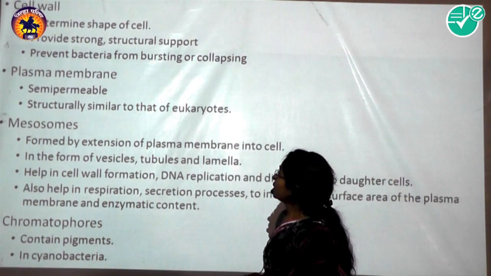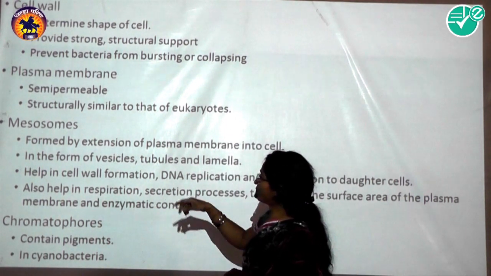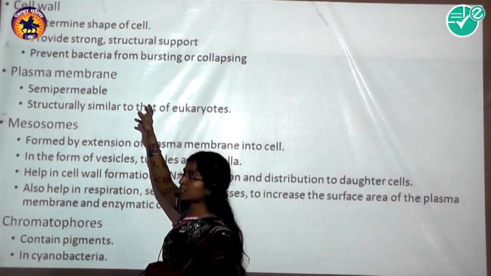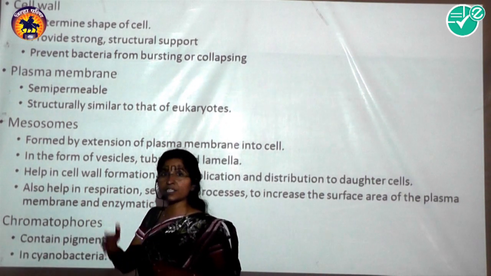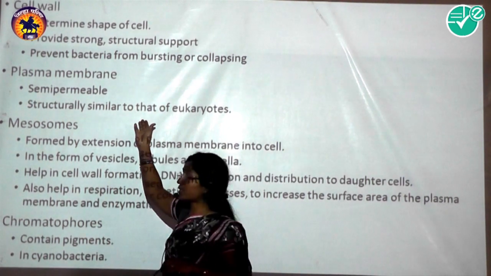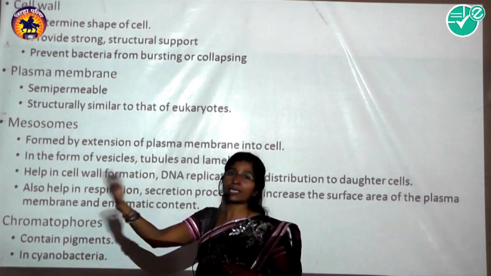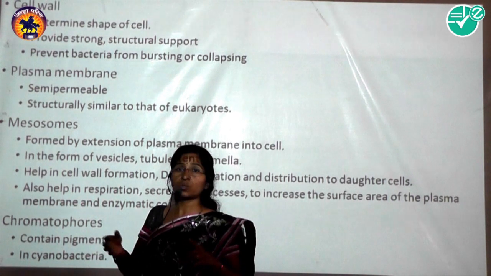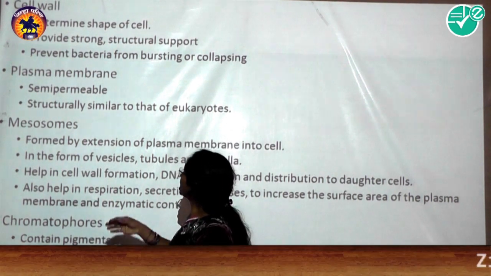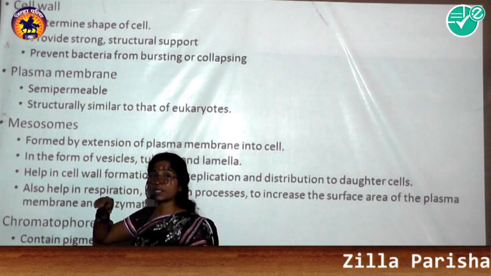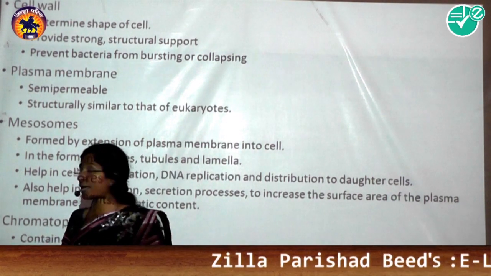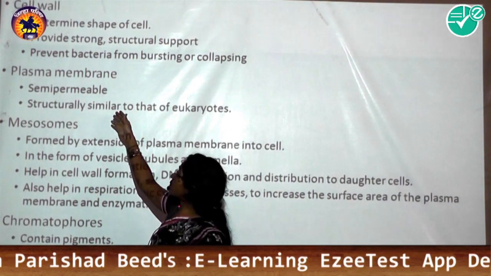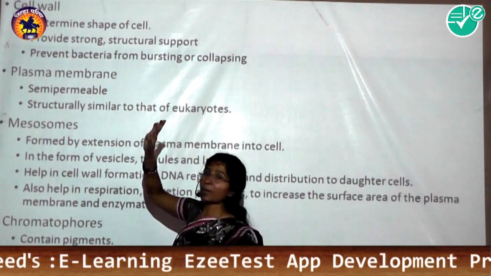The same type of plasma membrane structure is present in the prokaryotic cell also. It is the site of very critical metabolic activities, like photosynthesis and respiration. The plasma membrane separates the cell cytoplasm from the exterior, gives entry to specific substances, and also acts as a barrier. This is about the plasma membrane.